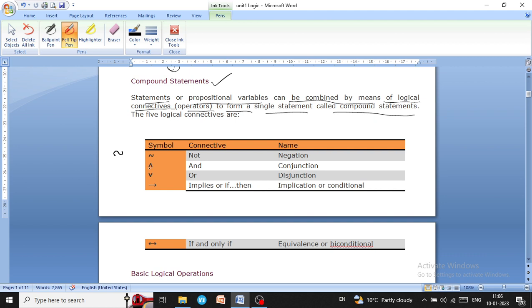The next symbol is used for and. In mathematics it is also known as conjunction. When two statements are true,